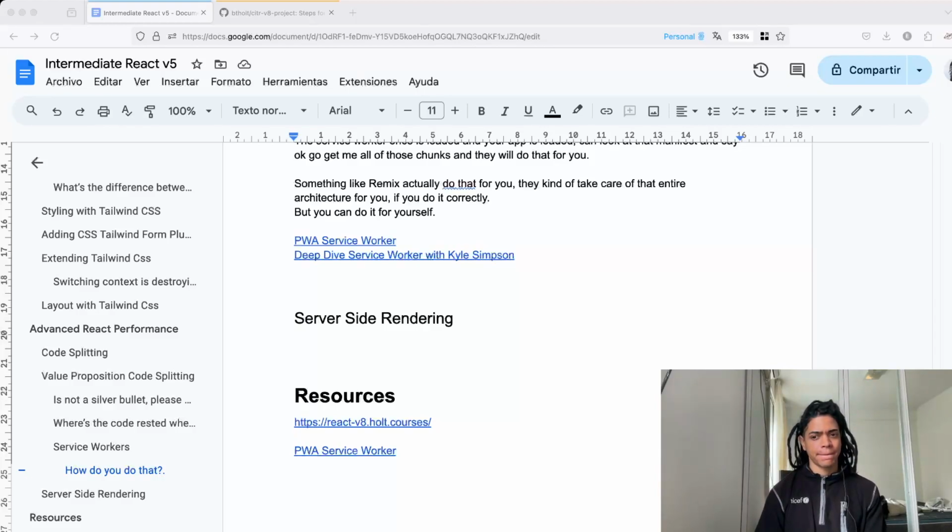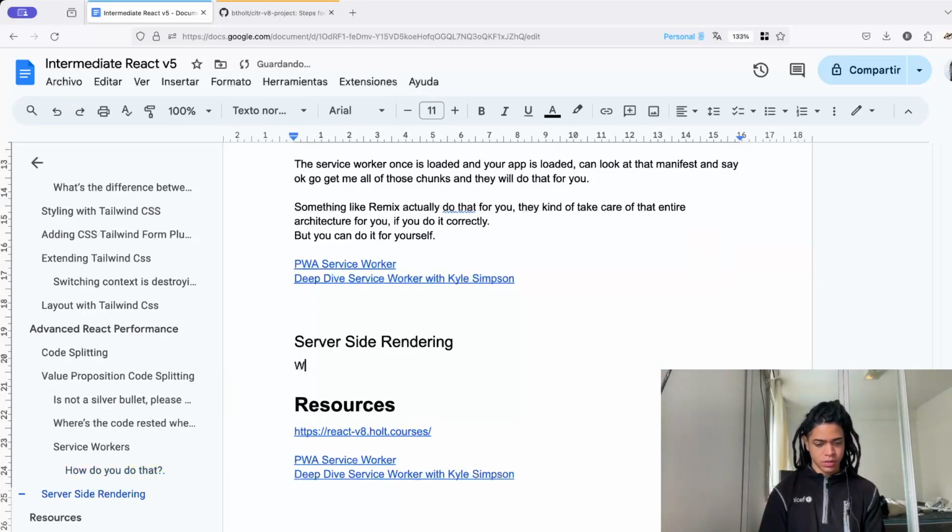We are now going to do server-side rendering. We've done code splitting. Now what we want to do is, whenever a user makes a request to our website, we don't want to just send them... Exactly. So server-side rendering is that. Whenever a user requests a website, we don't want to send in this particular case,